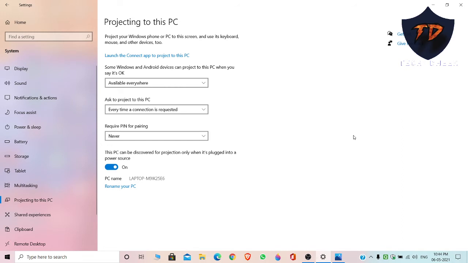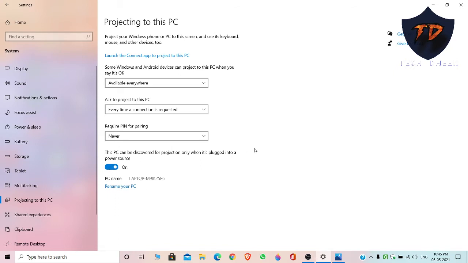Now after that shaded part is gone, you can just configure this. This is the normal settings which you will get. And now after getting the settings, what you have to do is come over here, available everywhere. This is on you if you want first time only or every time, and then come over here. If you want to set a pin, you can set up and turn it on. This is your PC name.